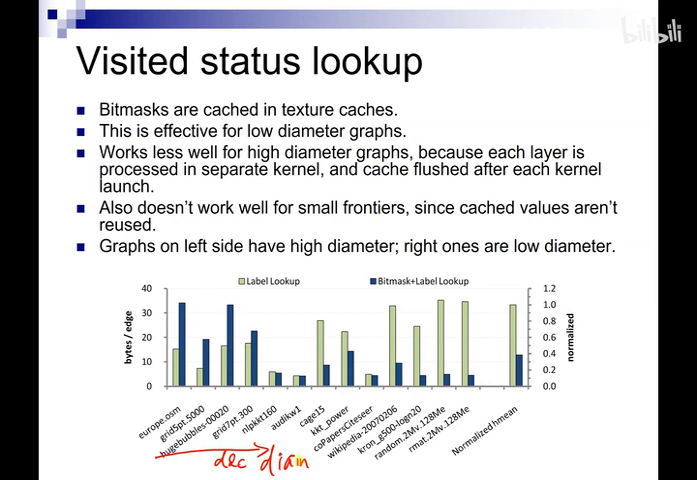Okay, so for example, the map graph had very high diameter, and it turned out that using both a bit mask plus a label was actually worse. Okay, so it incurred like twice as much memory traffic. Okay, and the same thing for